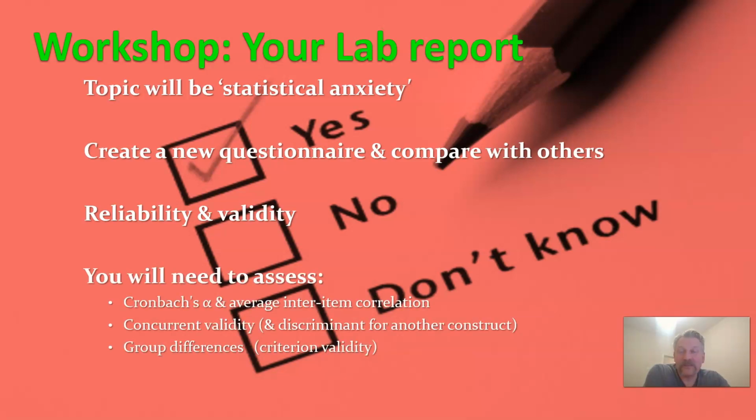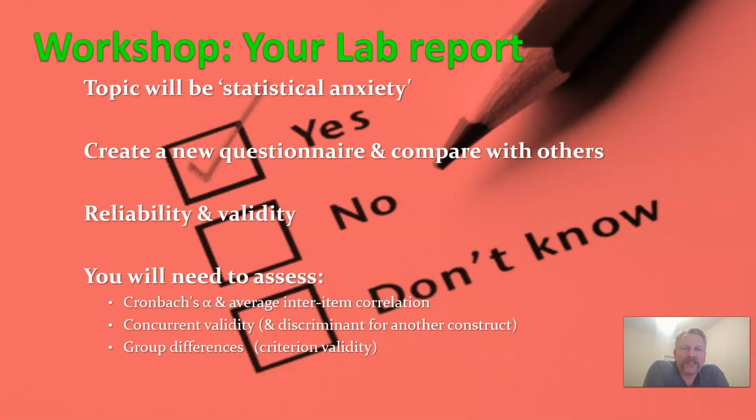This isn't going to mean anything to you at the moment, but the analyses that you're going to do are going to be based around, first of all, for reliability, something called Cronbach's alpha and the average inter-item correlation. This is just a measure of, are all the items, are all the questions measuring the same thing? It kind of makes sense, really. We'll then move on to validity, and so we'll look at concurrent validity,